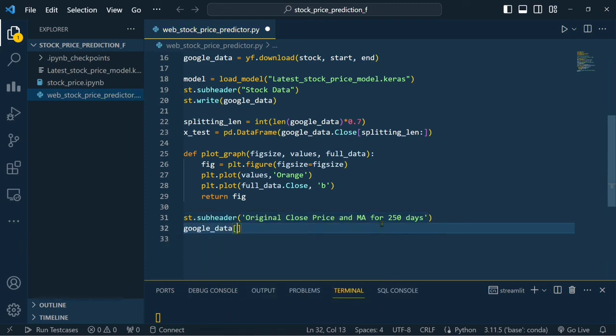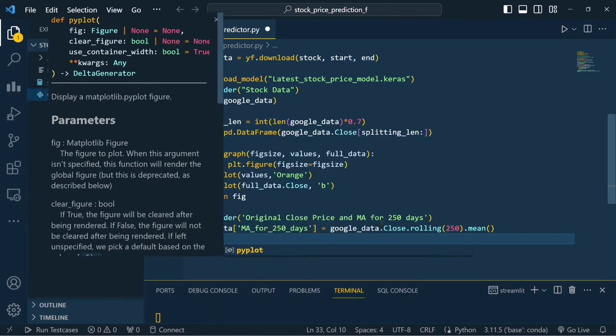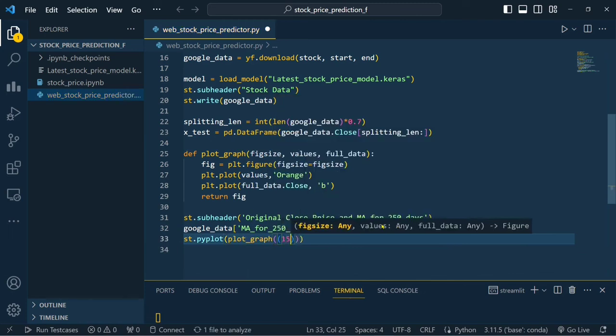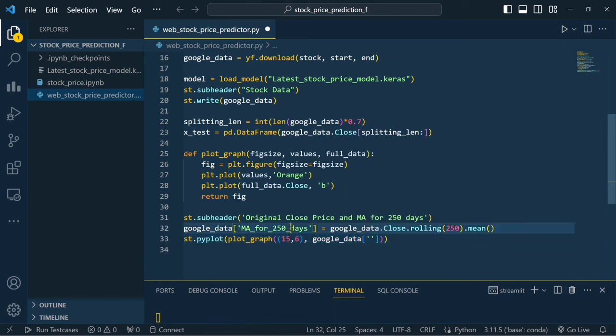Let me store it in the Google data of moving average for 250 days, equal to Google data dot close dot rolling of 250 dot mean. You can use dot notation or anything as you wish. So I'll be taking the moving average, and I will be plotting this on the web app using the Streamlit library. Plot graph of, I'll be taking the size as 15,6 again, and Google data of the same variable name,